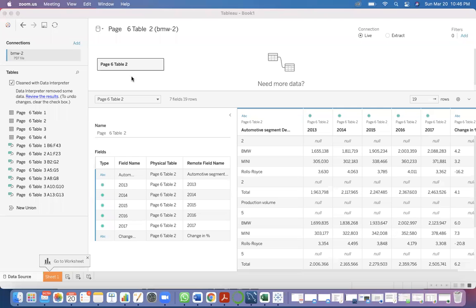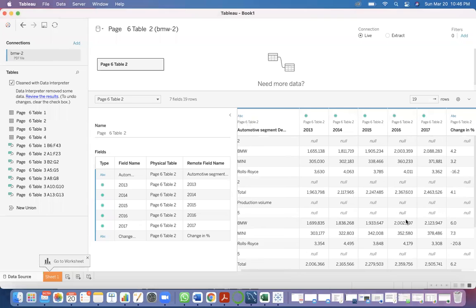Let me share the screen. Okay, cool. I think it's visible now. So open the PDF, open the page 6 table 2, and from here on,